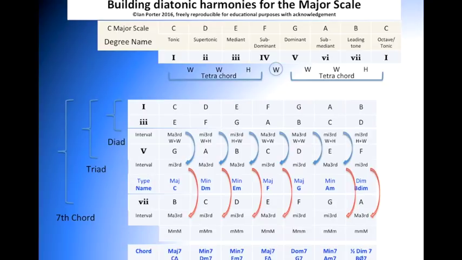So here's our major 7 in C. D minor 7, E minor 7, F major 7, G7, A minor 7, B half diminished,